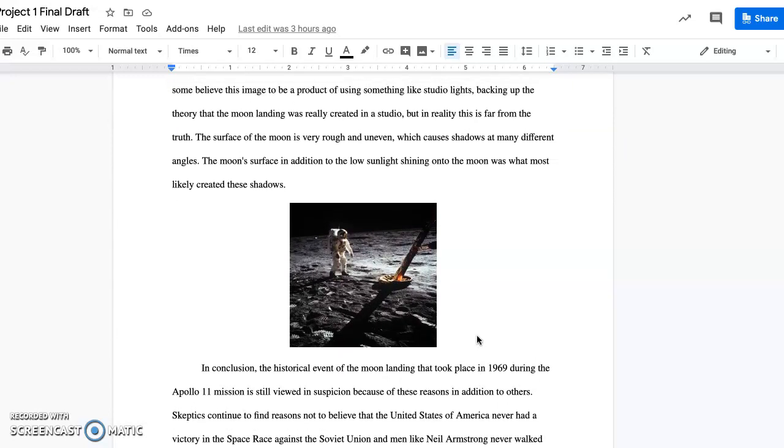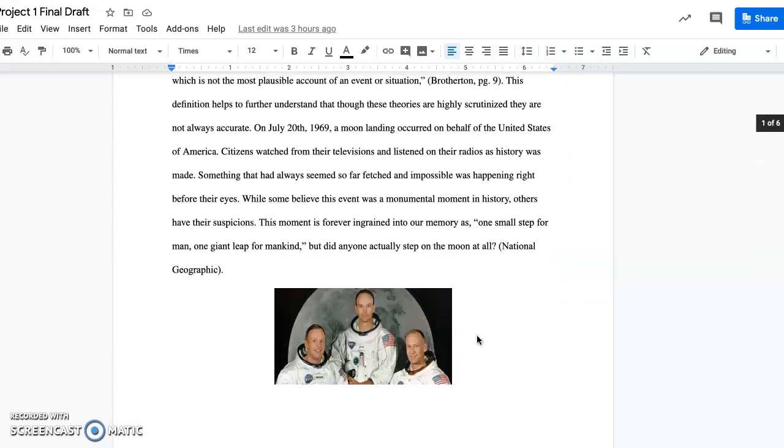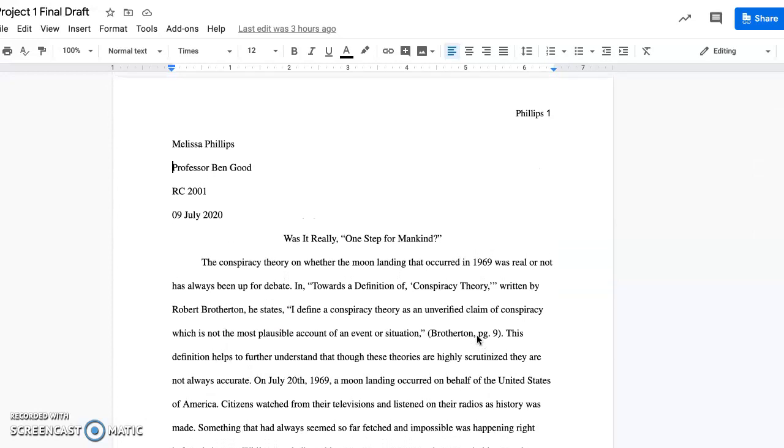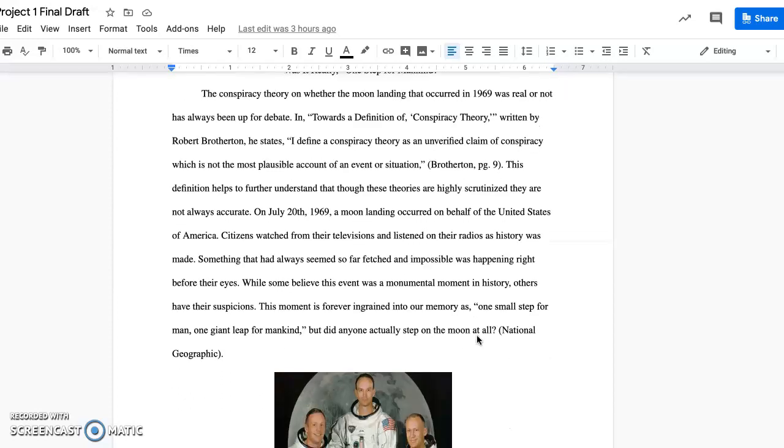I decided on the images that I used mainly based on the sources that they came from, and I wanted to have accurate and trustworthy sources. And I also wanted them to correspond with what I was stating.